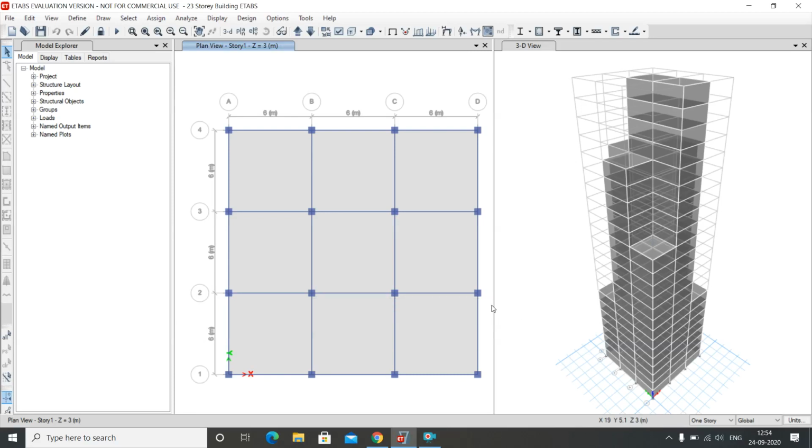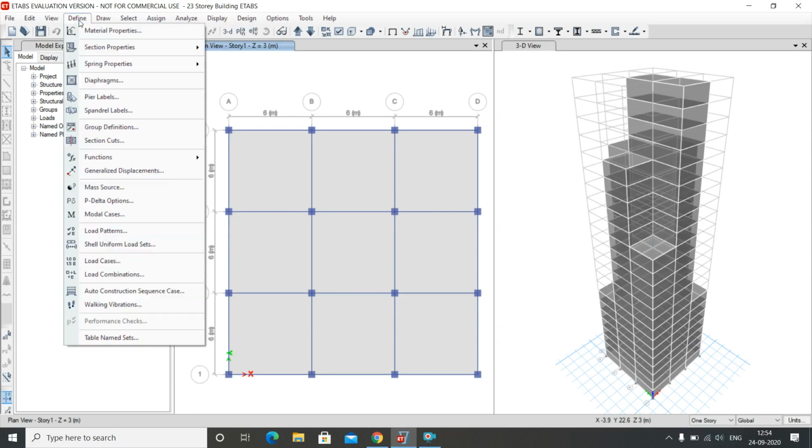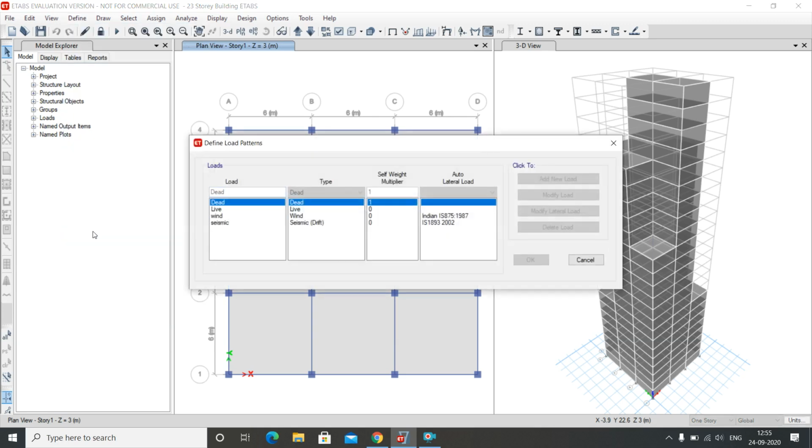Hello, today our video is on seismic design. First, for seismic design we have to define the load pattern. So come to Define and then come to Load Pattern. Here you have to select the load as seismic and the type is also seismic, and the auto lateral load as